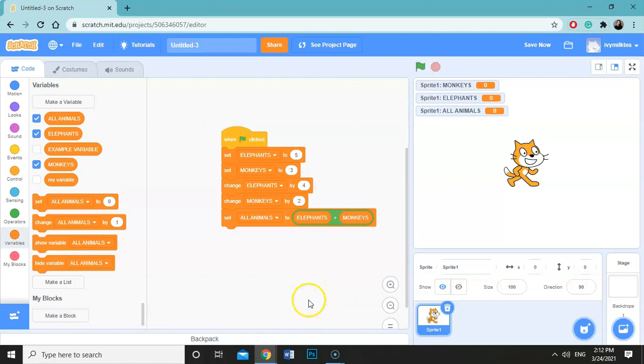Now, when you run the program, you should see that you correctly told Scratch how to calculate the number of animals in the zoo. If you've done this right, the value of the elephants variable should be 9, the number of monkeys should be 5, and the number of all animals should be 14. Let's click